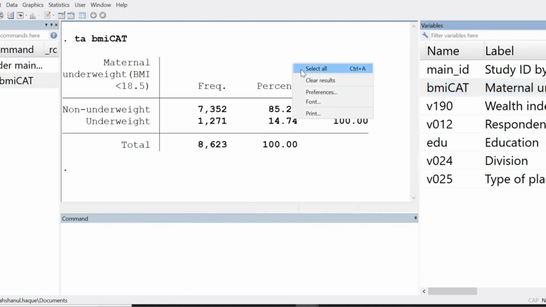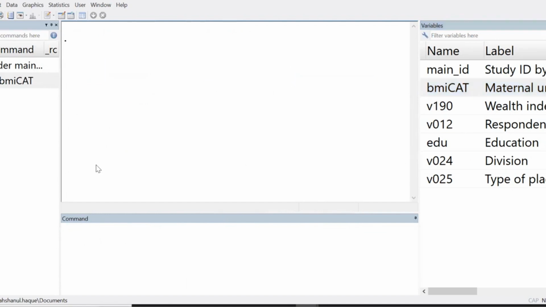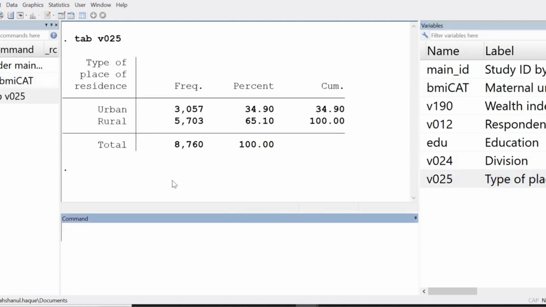Then another application of drop and keep. For example, our study area, rural and urban. Here, one means urban, two means rural. For example, we would like to drop the rural people. Rural means two. Then we have to type drop,